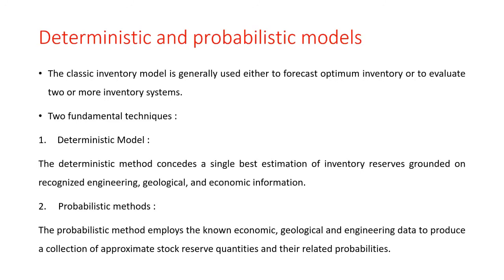So if the inventory is built up at a constant rate to meet a determined demand, for instance, the contract is received in January for 100 model trains, and the delivery is to be completed by November end. Since the deadline is 10 months, the trains can be produced at a rate of 10 per month. This type of problem can be handled using the deterministic model.